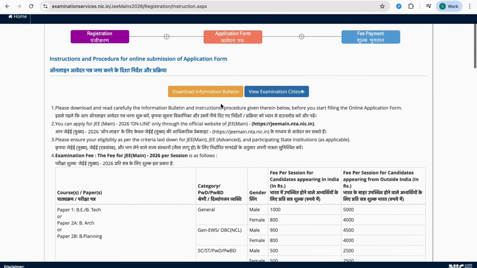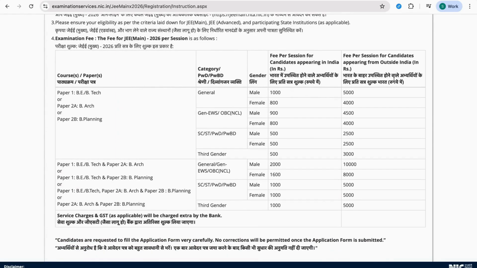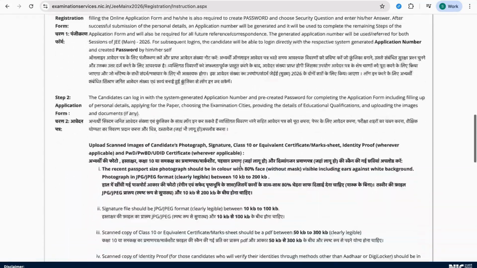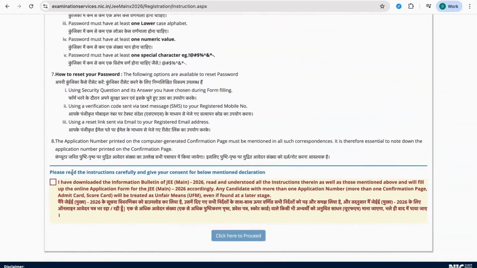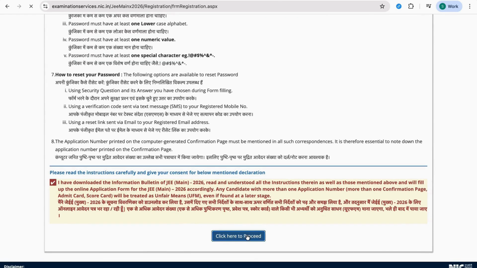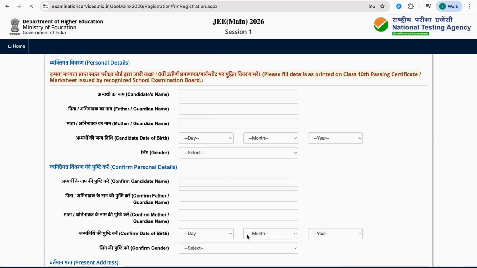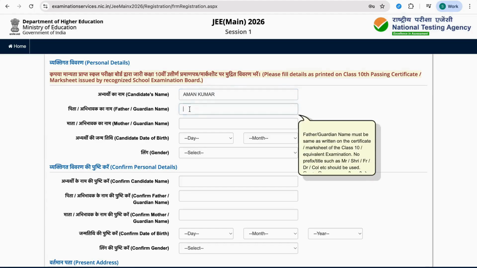Then after that, you have all the options, like again the information bulletin and one for exam cities. Then you have a detailed fee chart for all the categories. Then you can read all these things. Then after scrolling down, click here to proceed. Then here you need to fill your basic details like name, then father's name,